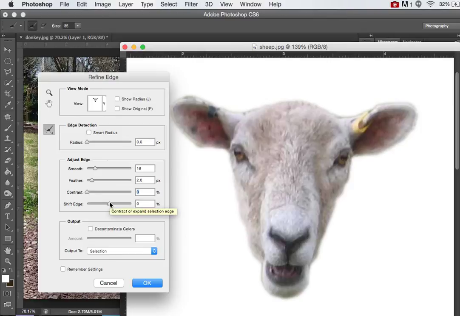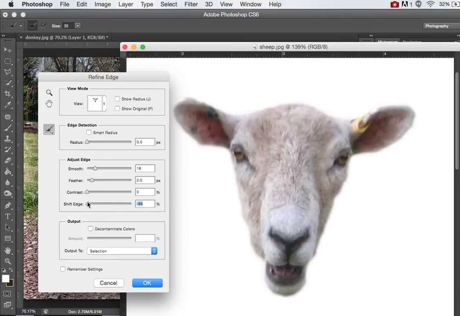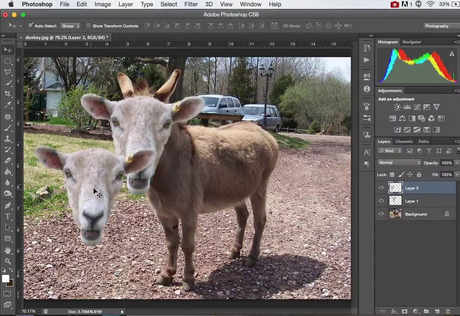If you selected everything and you selected it too much or too little, you can shift the edge right, and that'll select the outside of the edge. If you selected too much and you want to shrink the selection area, you can shift the edge and make it a little bit smaller so you don't see the outside. Anything outside the sheep's head. So you can play around with that and get the selection just the way you want it, and then you can click OK. And once you do that, then use the move tool right up here and drag it over,